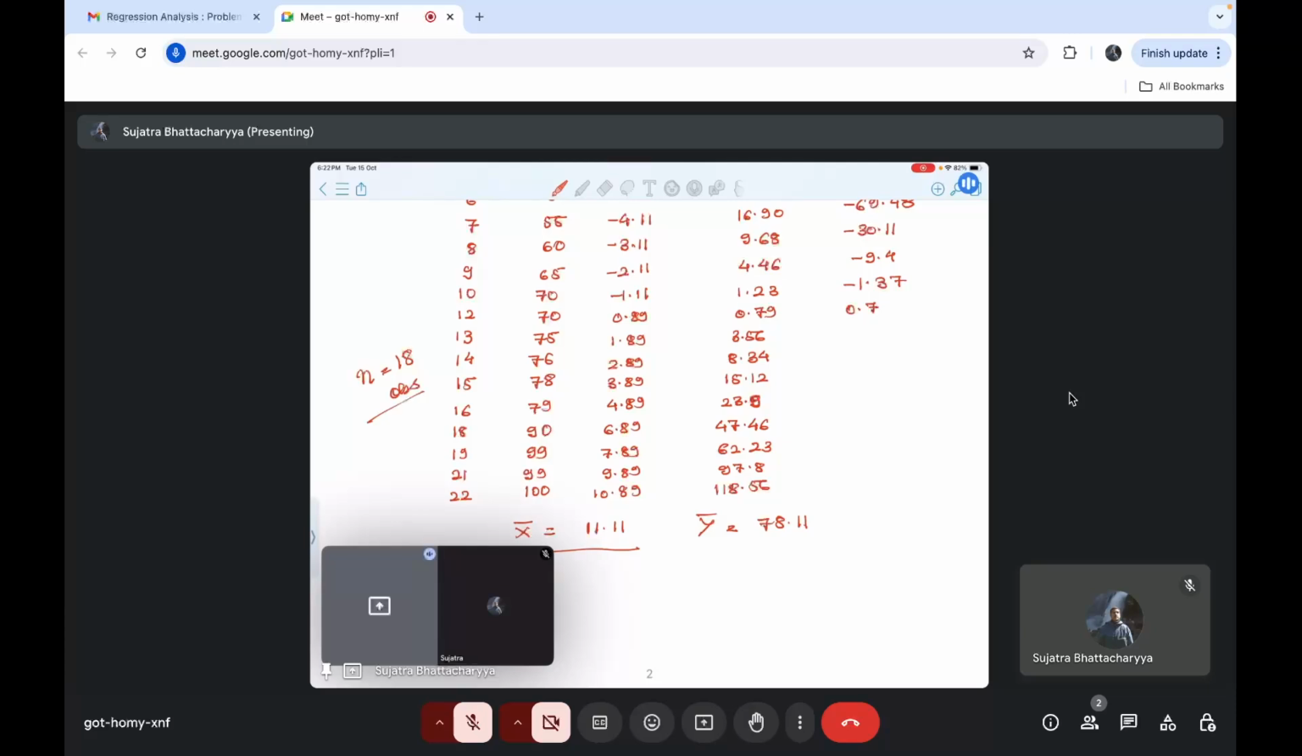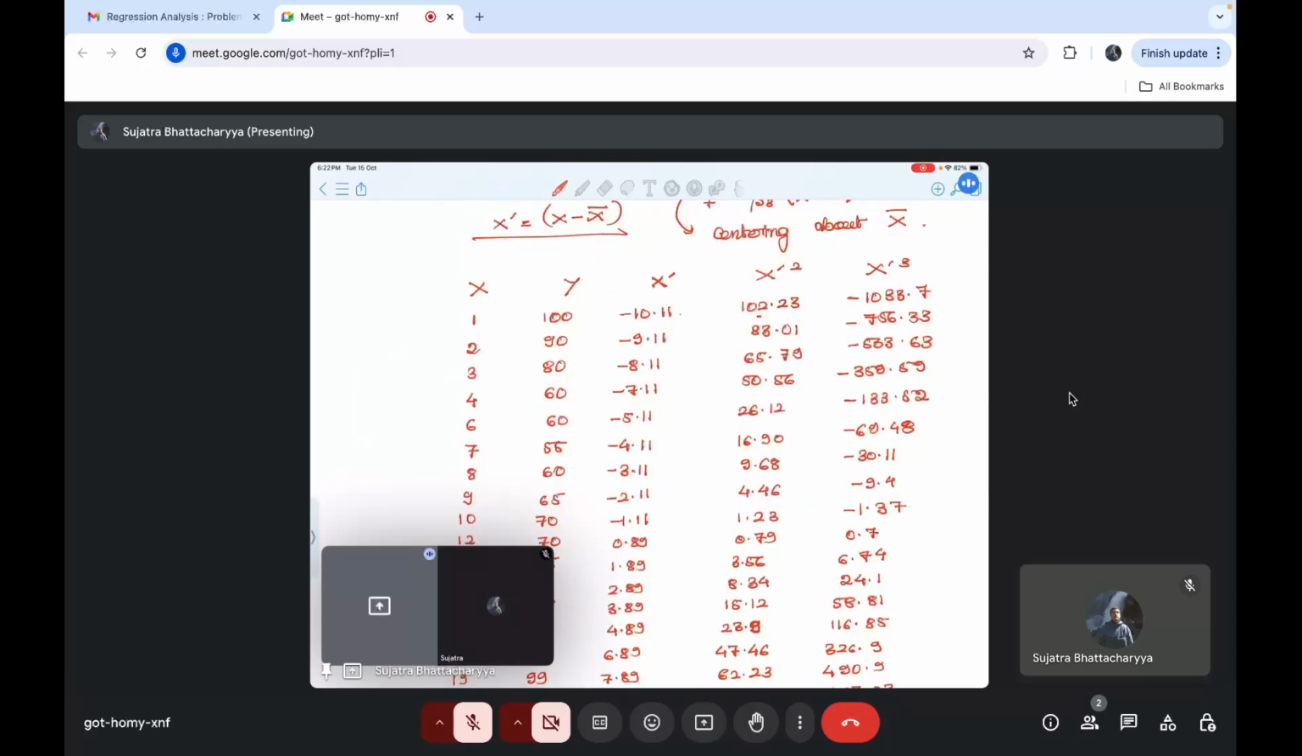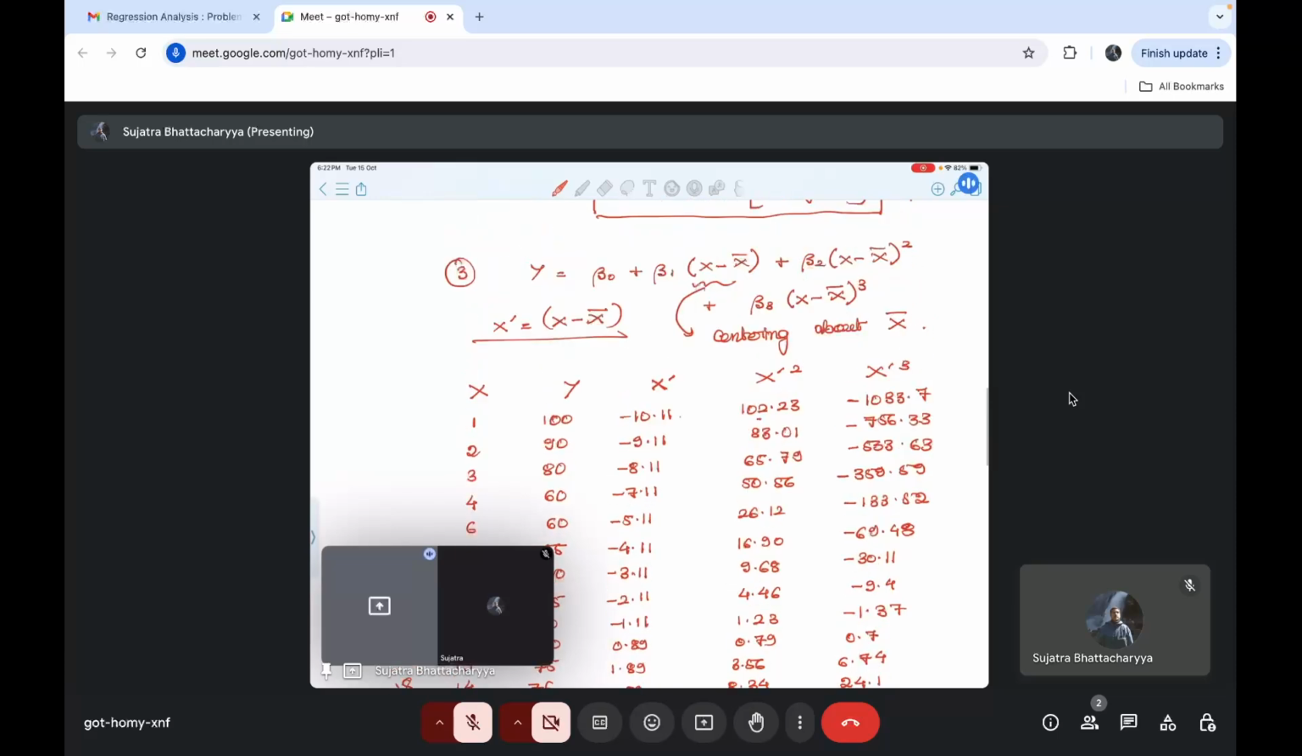Since these are positive now, this x prime cube will also be positive. This will be 6.74 to 24.1, 58.81, 116.85, 326.9, 490.9, 967.03, and finally 1291.07. Okay, so these are the values of x prime square and x prime cube, where x prime is this x